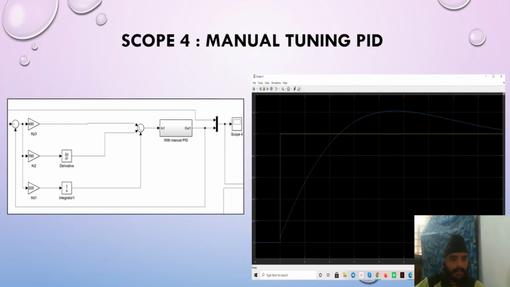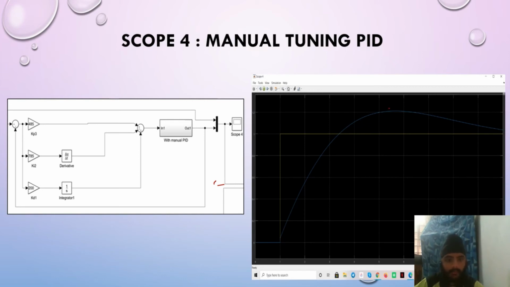We compare the graph for different tuning methods for the PID system. The first one here is manual tuning, and this is a graph from scope number 4. As we can see, by using the manual tuning method of the proportional integral derivative controller, the time it took to reach the peak point over here is 4 seconds after the step-up voltage input is given, and then the